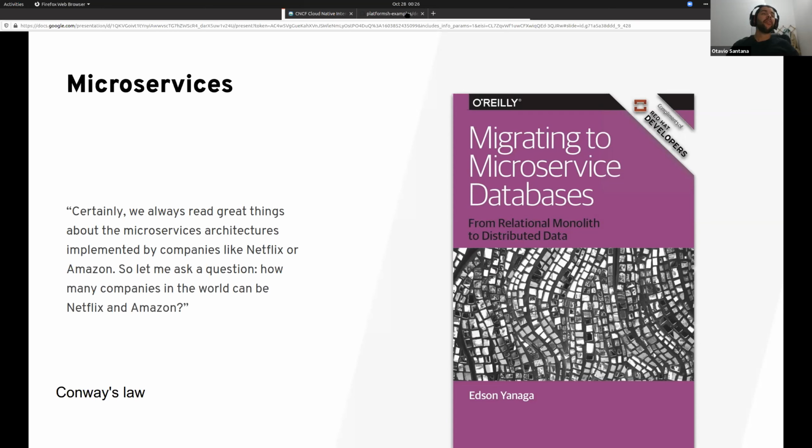Don't feel guilty about not using microservices. I know right now we are living the buzzword season where everybody is talking about microservices, but don't worry.